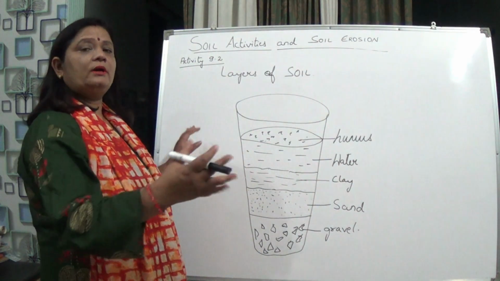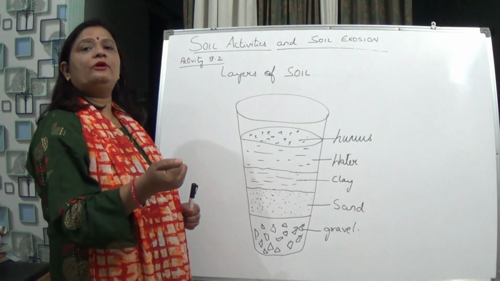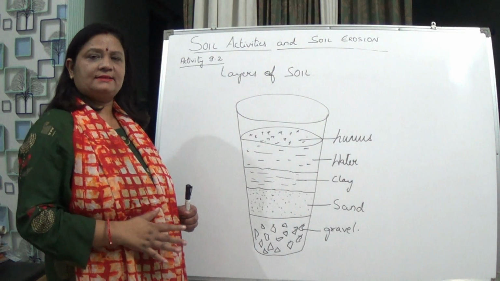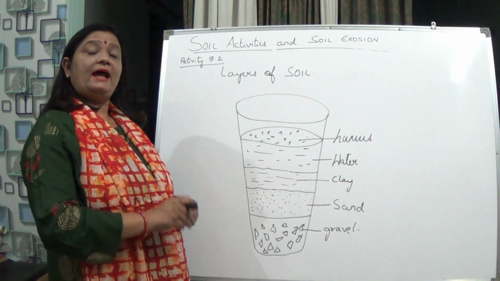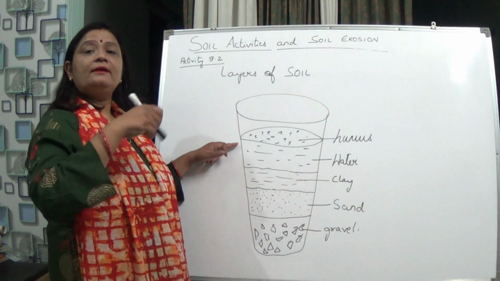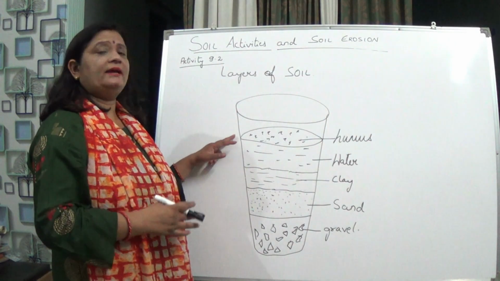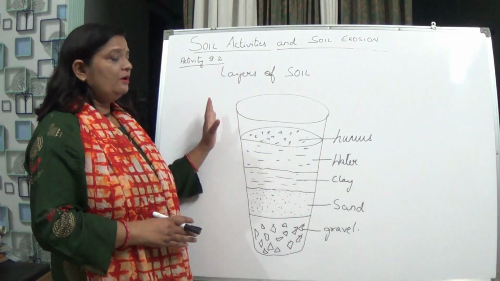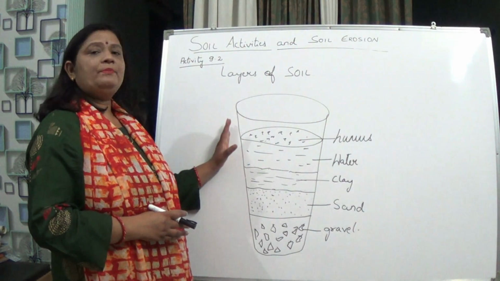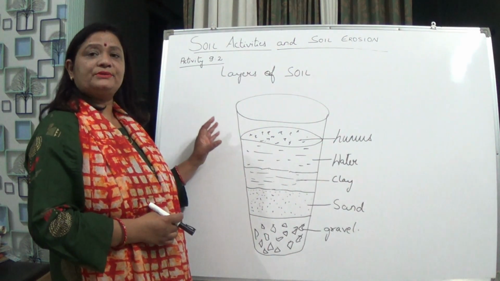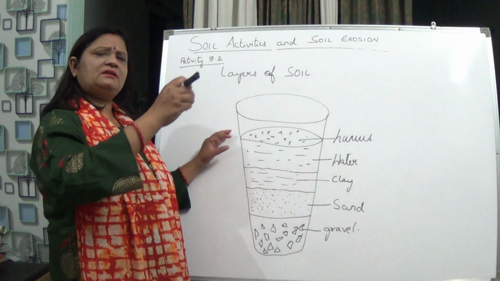Just go to your garden, take a handful of soil from there and keep it in a transparent glass. Then add water to it, fill it to a level, and then mix it. After mixing it, leave the glass with the soil and water for at least half an hour. After that, you will see some particles floating on